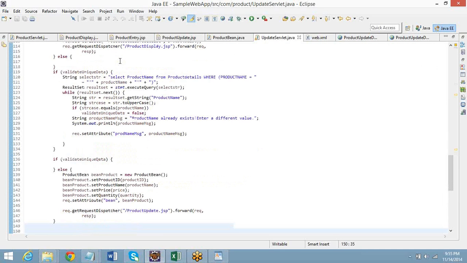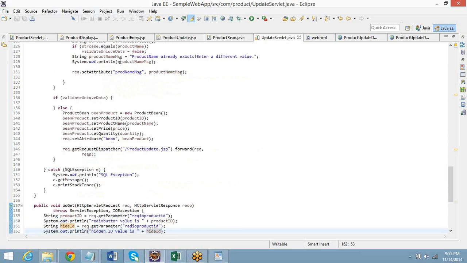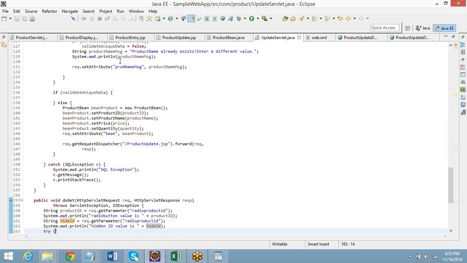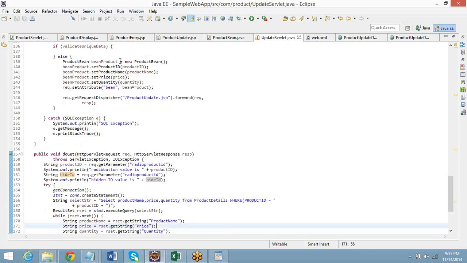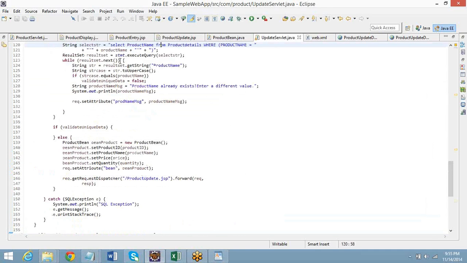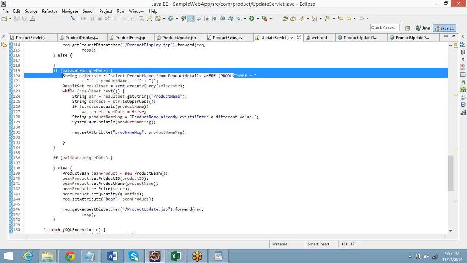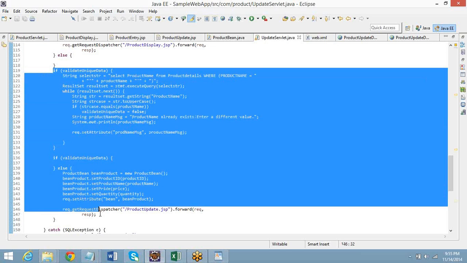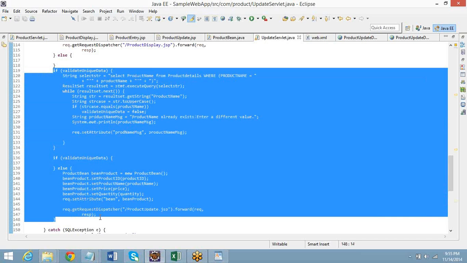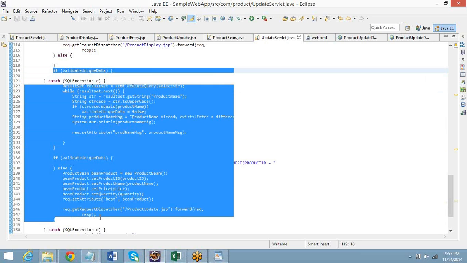Wait. Little down. You haven't written that it has to go to the product display page. Yeah, I had written it. Where? I had written it here. Okay, it is there at the top. Wait. Okay, remove from the 190th line number till line number 148. Remove it, I don't need that. Let's see afterwards.